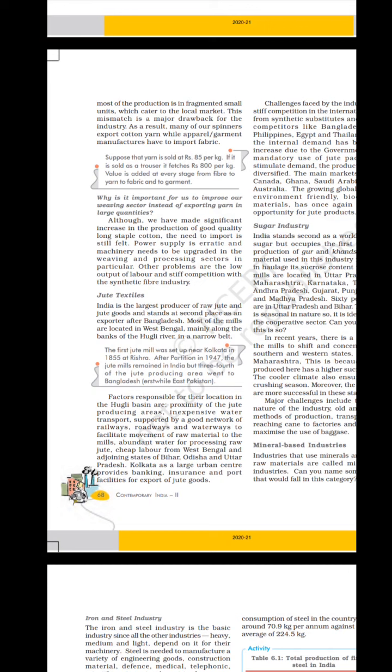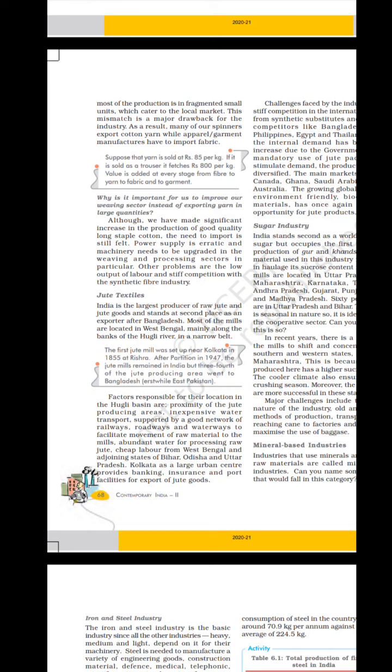Jute textile. India is the largest producer of raw jute and jute goods and stands at second place as an exporter after Bangladesh. Most of the mills are located in West Bengal, mainly along the banks of the Hugli River in a narrow belt. The first jute mill was set up near Kolkata in 1855 at Rishra. After partition in 1947, the jute mills remained in India, but three-fourths of the jute producing area went to Bangladesh,